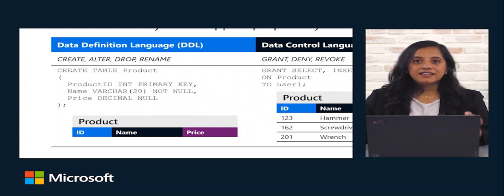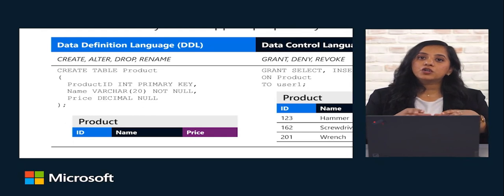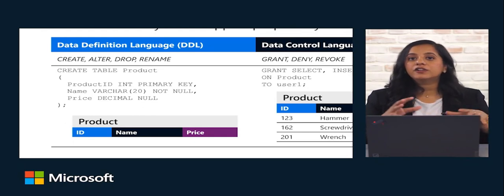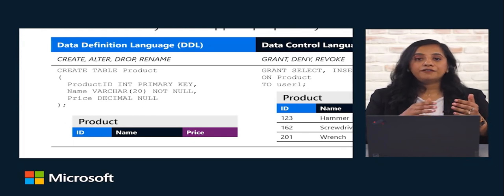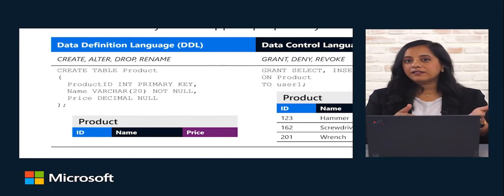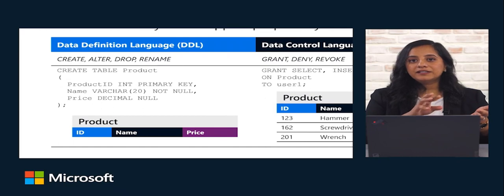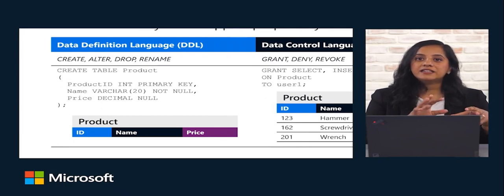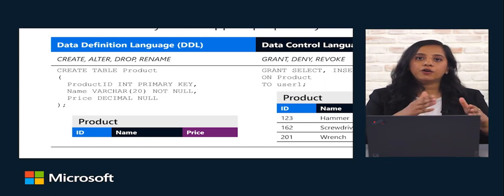DDL is data definition language. Because it is a definition language, you are defining and managing your tables in the database here. For example, you can create new objects and alter or drop existing objects. The example on the slide shows a create table statement used to create a new empty table named product with ID, name, and price as the fields or columns. Next